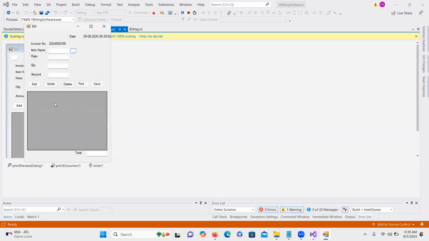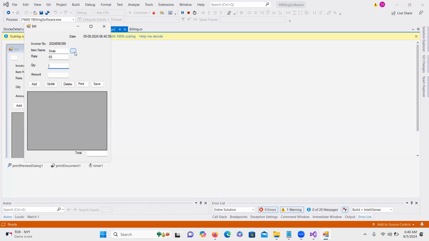Now I have to bill a certain item. For example, I know the item which starts with the character S. The moment I type S, automatically I get soap as a suggestion. That means I have an item called soap in my stock table, which starts with the character S, so that is listed. The moment I select the item from the drop down, and I simply press tab to the next field, automatically I get the rate of the soap